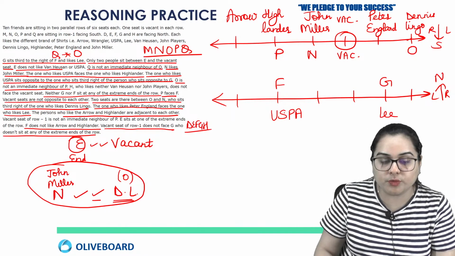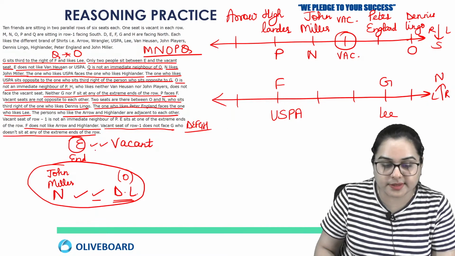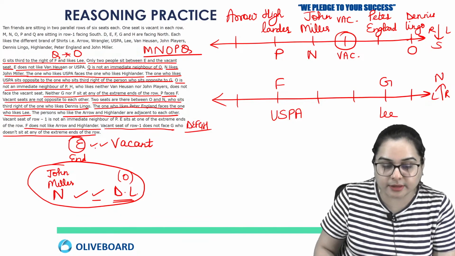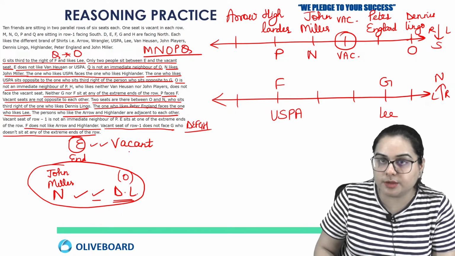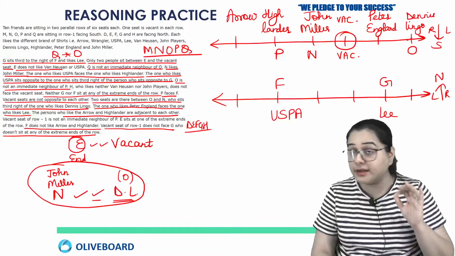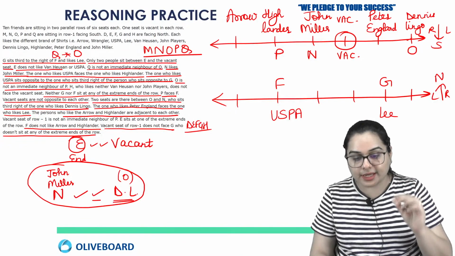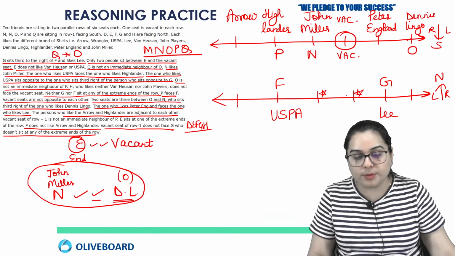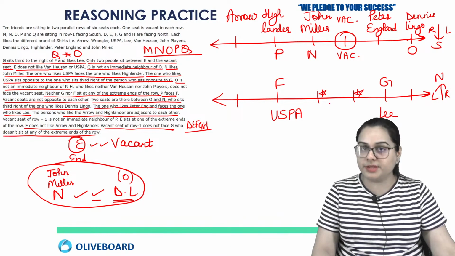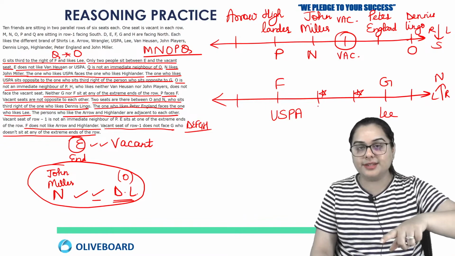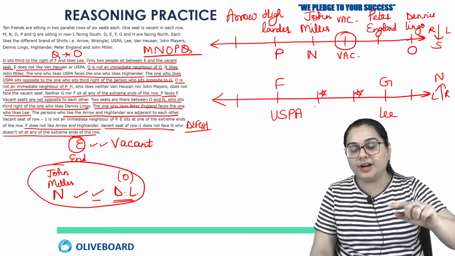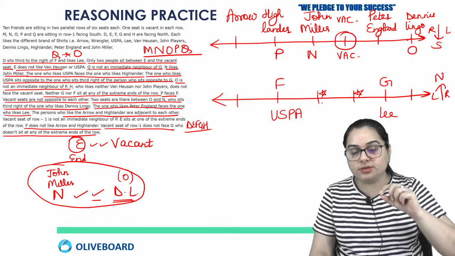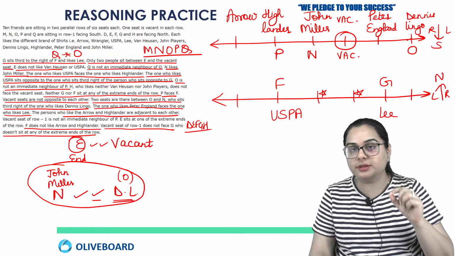Now let's move on to another information. He says that there are two persons between E and the vacant position. And E is sitting at the end. Now this clarifies that the vacant position can be either of these two positions, because the vacant position cannot be at the extreme end. Because if E is sitting at an extreme end, after E you have to miss two positions and then fill the vacant position. So these two are the positions where I can fill the vacant seat.